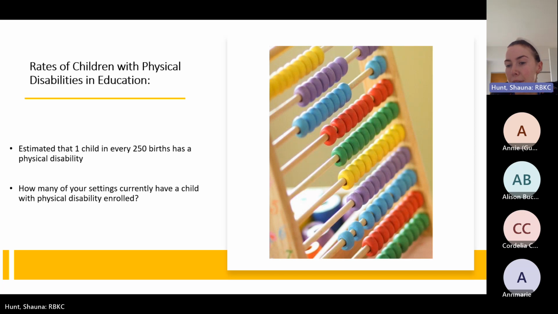Okay, so yeah, it can be varied in different schools, and obviously it depends on your numbers. But it's really great that you're attending the training today because we're really trying to support schools with these children. One brittle bone, one degenerative, one neobladder, and one diabetes. Okay, yeah. Okay, that's great. Thanks, guys, for that information.